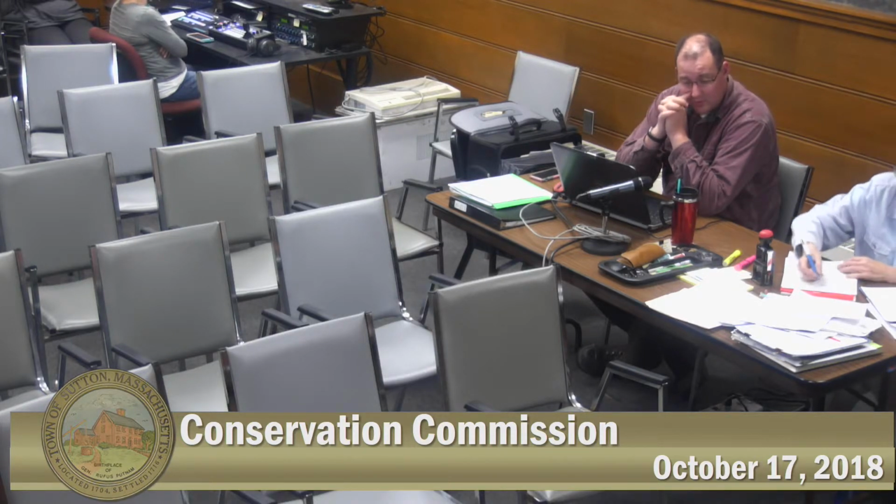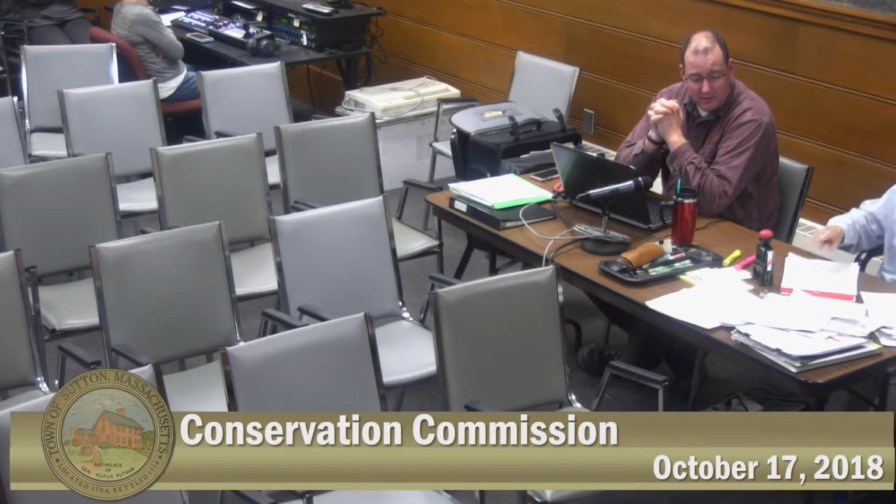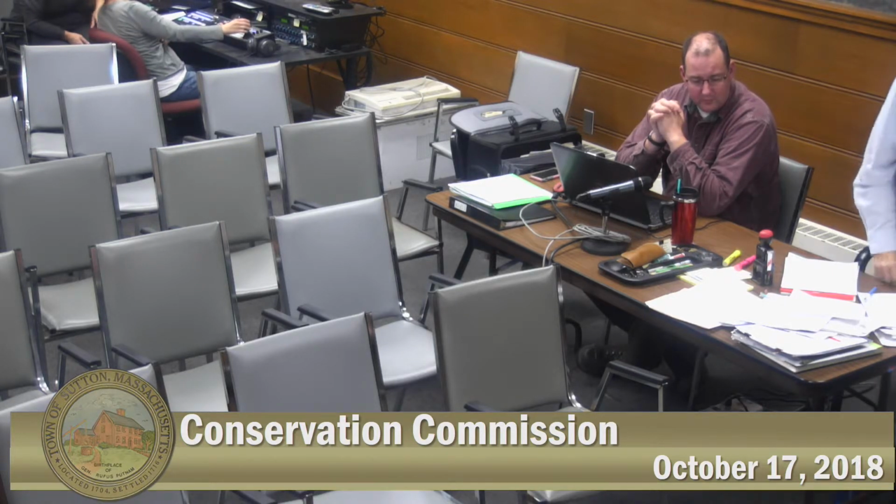Okay, 80 Worcester Providence Turnpike, did you go there today? Yes, I did. All the erosion controls are out. Everything is stabilized. We have a letter in from Art Allen giving his blessing on the buffer zone restoration and wetland replication area, which I concur with. The only anomaly is the riprap swale,